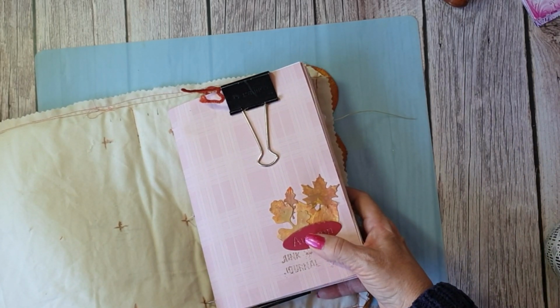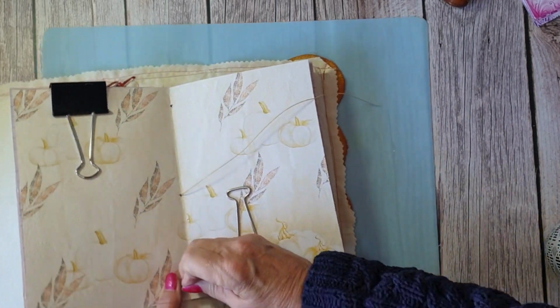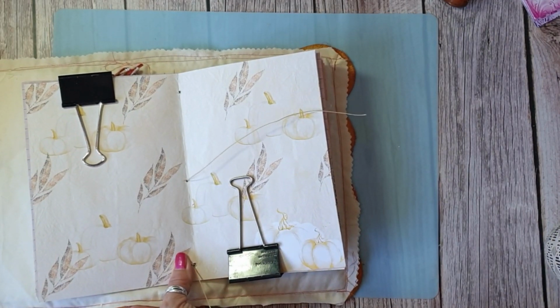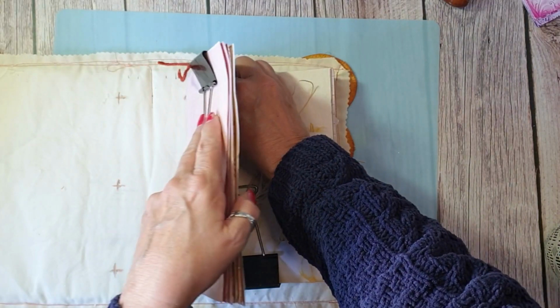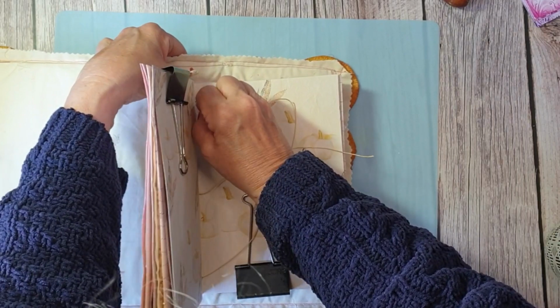And then through that hole that we've made, it should come up through there. That's it. Perfect. Pull it tightish. Go straight over to this one and put it through your mark in your